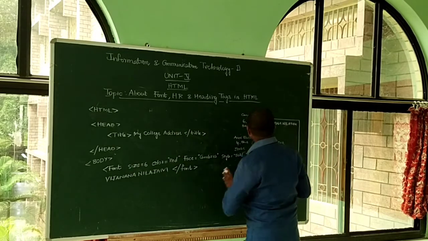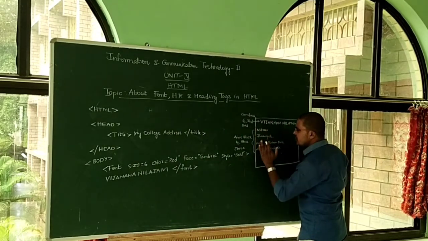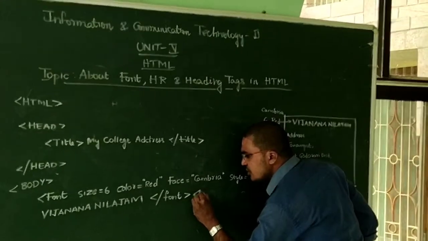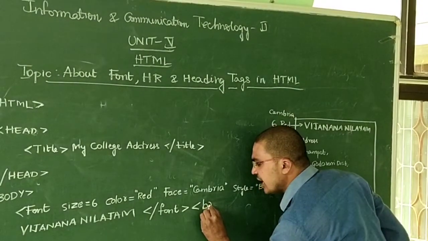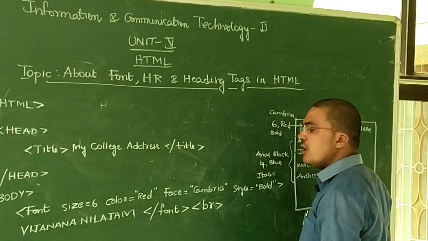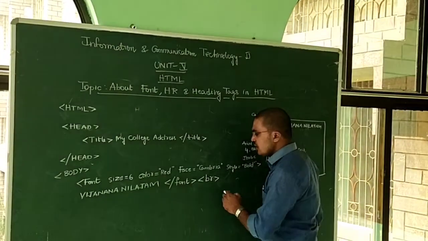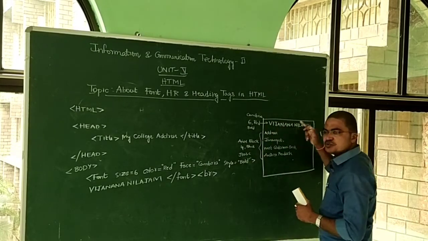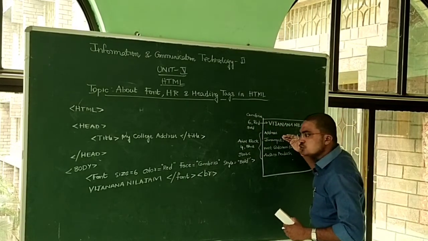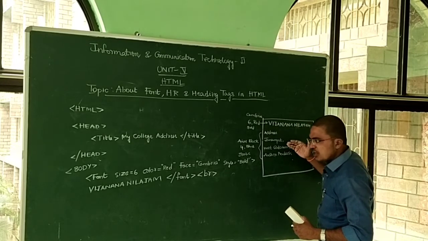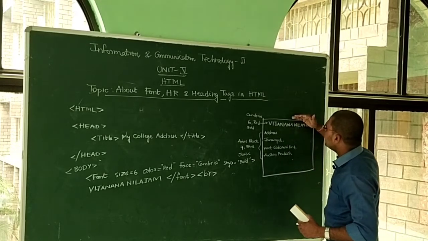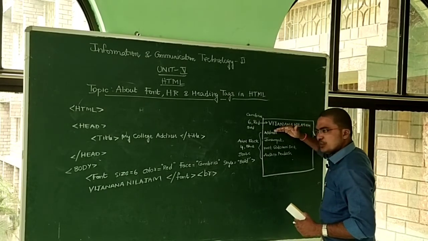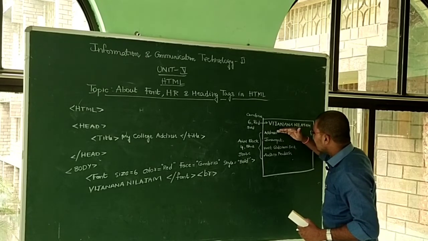And the second thing, this is the line by line text, right? In case you want to come to a new line, in HTML we use a singular tag called the BR tag. BR means break. If you don't use the BR tag, the text will continue to print on the browser. But this time I want to show the text line by line. Vijnana Nilayam appears on the first line of the web page, and the address appears on the second line, and every piece of text appears line by line.